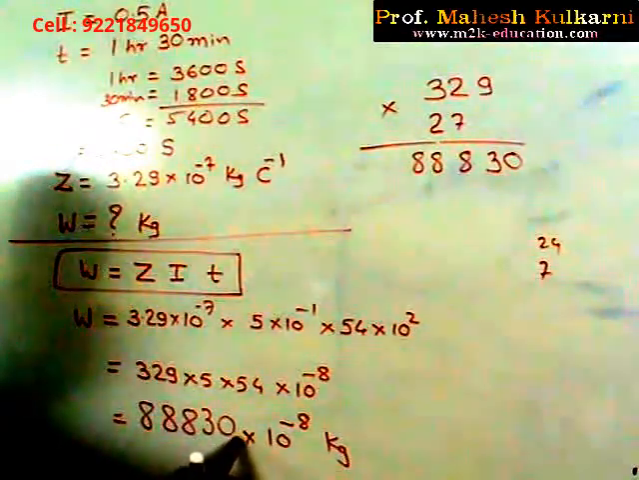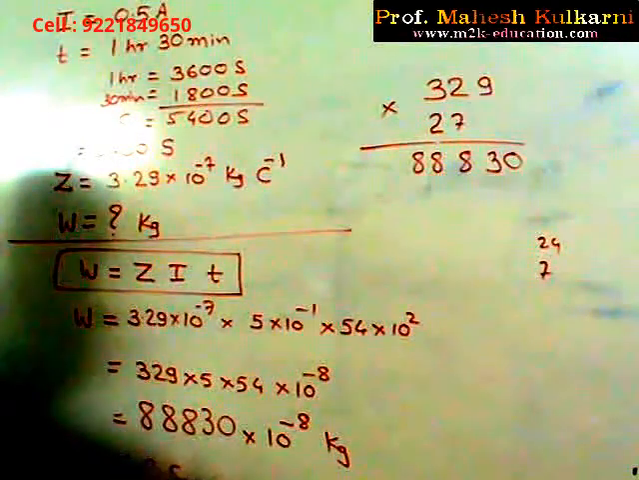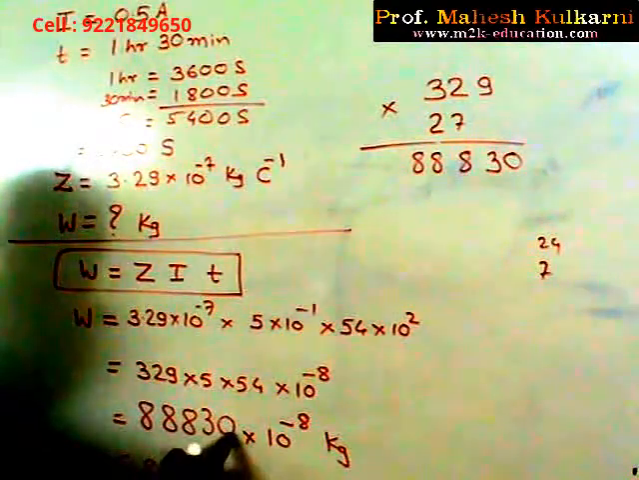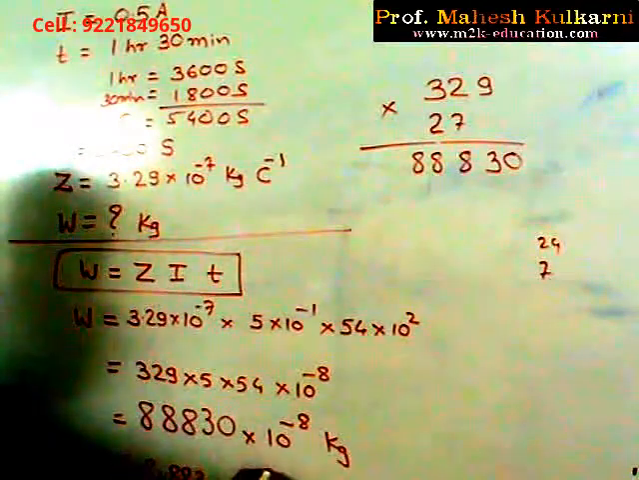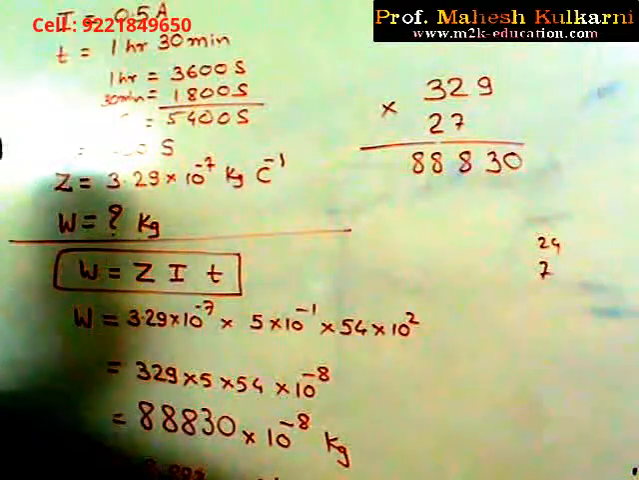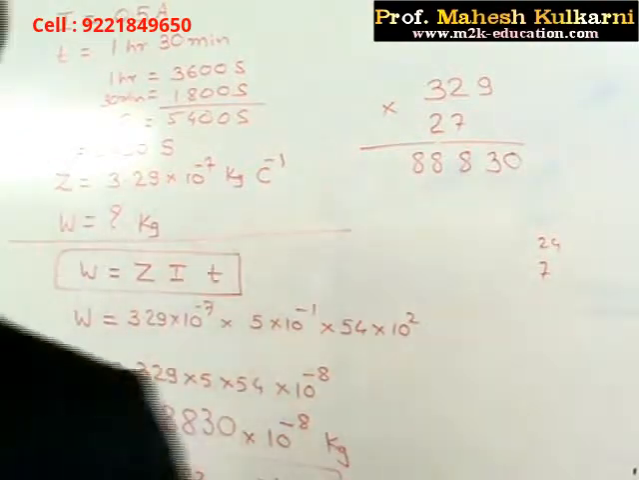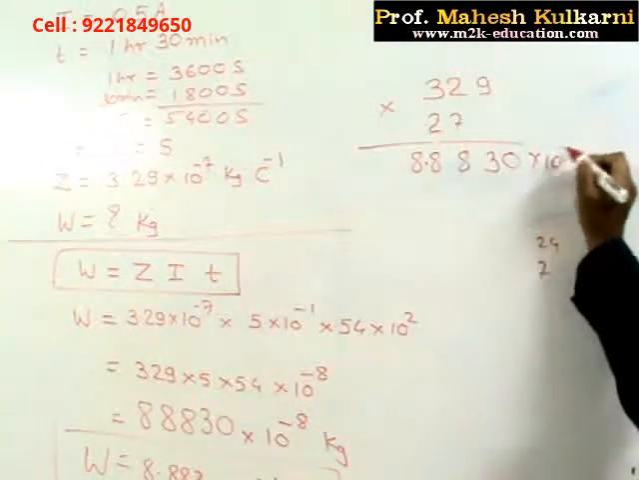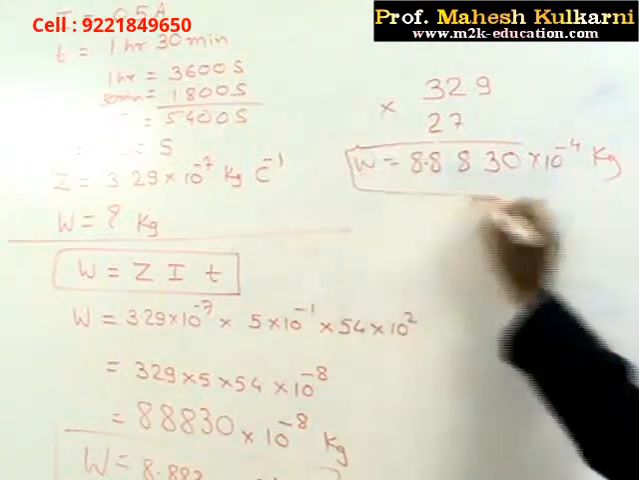I can shift the decimal here, 1 place, 2 place, 3 place, 4 place. So that will be 8.830, no problem, into, I am shifting 4 places towards the left, so into 10 raised to 4 into 10 raised to minus 8. That will make it 10 raised to minus 4 kg. Check with your answer, whether this answer is there or not. So I can write down this last line again here, 8.83 into 10 raised to minus 4 kg, weight of substance deposited, that is equal to